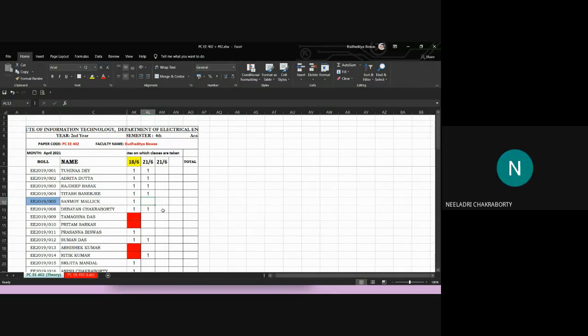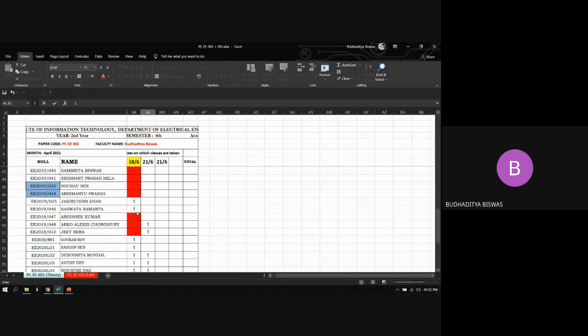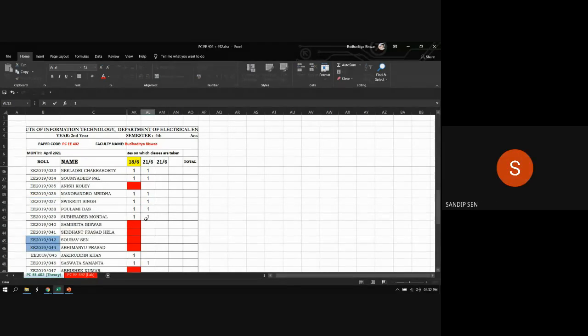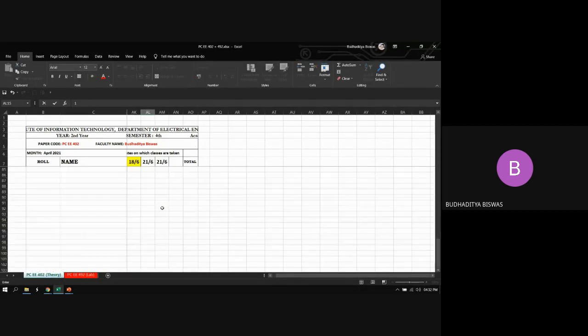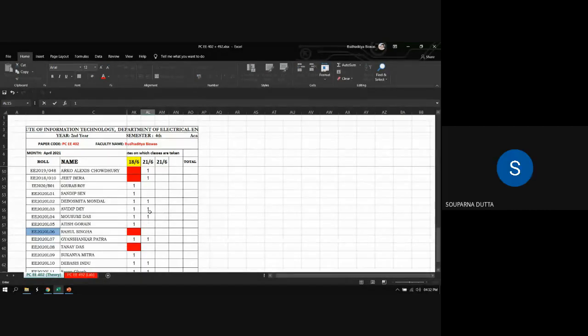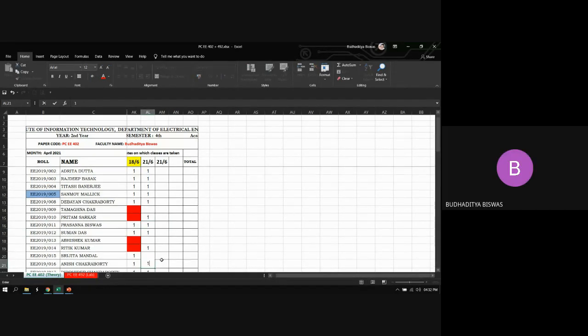One by one, please. Roll 33. Roll 46. Roll number 5. Roll number 10. L01. L01. 11. L01. Okay, yes sir. Next, who was it?